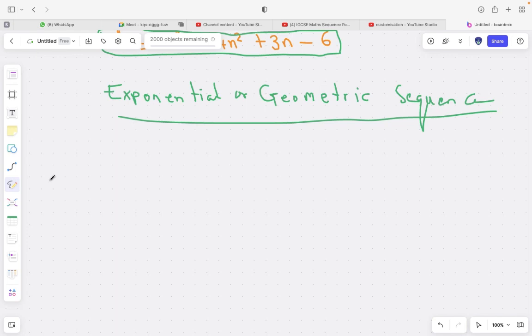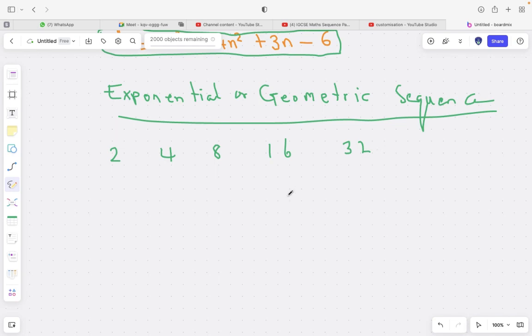Now, when we have an exponential or geometric sequence, this can be used in applications like compound interest and so on. But before we get there, let's first identify a sequence that will be considered a geometric or exponential sequence. For example, if we give a sequence 2, 4, 8, 16, 32,